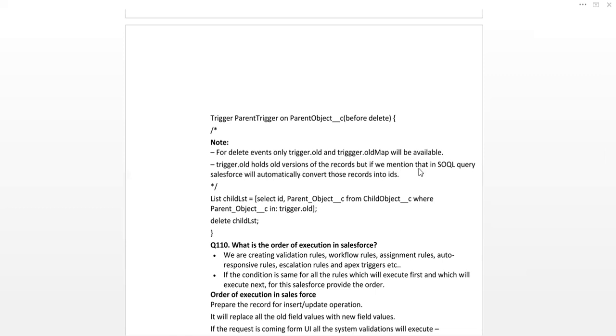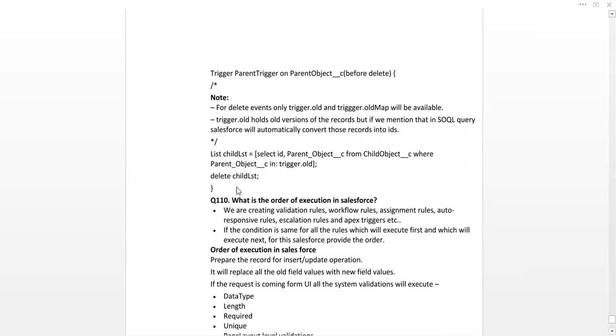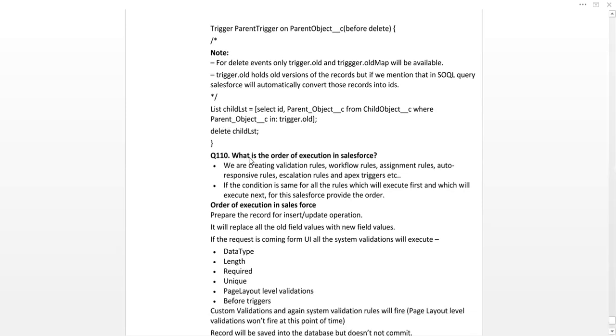If we mention them in SOQL queries, Salesforce will automatically convert those records into IDs. List<Child__c> childs = [SELECT Id, Parent_Object__c FROM Child_Object__c WHERE Parent_Object__c IN :Trigger.old]; delete childs;